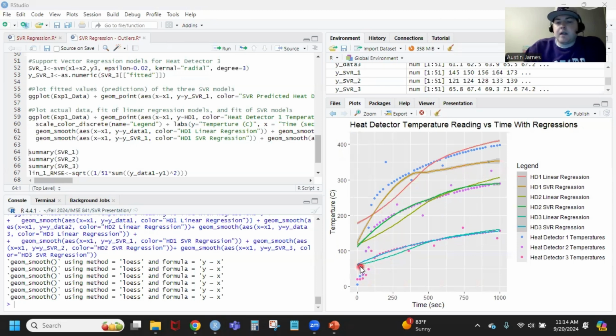Conversely, what's happening on the heat detector one, where we shrunk our margin, we made our epsilon tube skinnier, is it's kind of taken more of a linear regression shape. It's gotten closer to the outputs of our original linear regression model. And what it's doing is essentially trying to overfit the model. And so you've got to be careful when it comes to assigning the epsilon values,